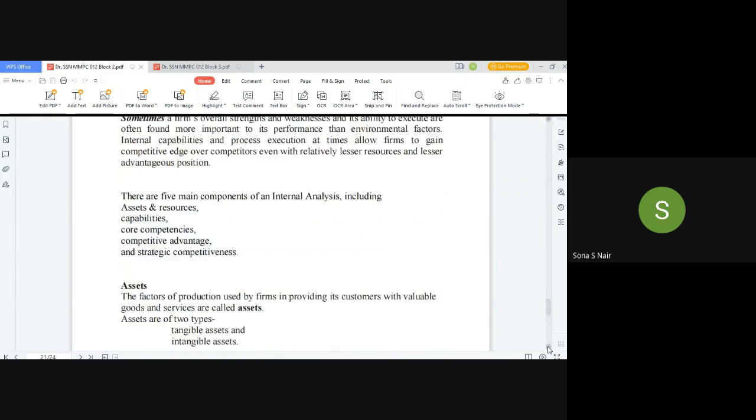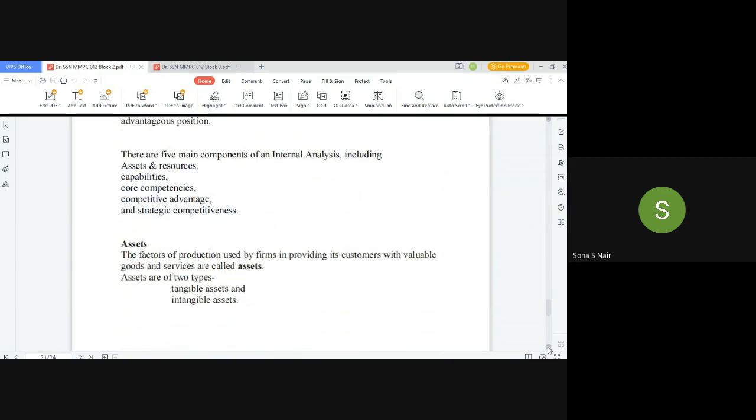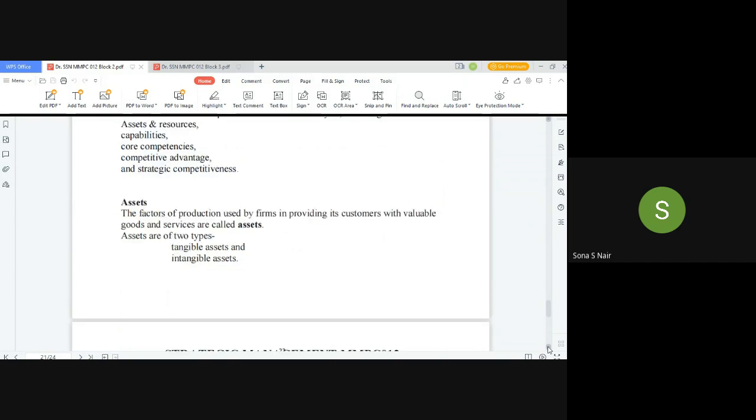What do you mean by assets? All the factors of production, could be capital, people, machinery, whatever. All the factors of production which are used by the firm, they are called assets. And any firm can have two kinds of assets: tangible assets and intangible assets. I think you're very well aware of what are tangible assets and what are intangible assets. So, if we are talking of machinery or any kind of equipment, that is a tangible asset, something which we can see. And if we are talking of the mental abilities of people, the culture of the organization, the competencies of the organization, then it is an intangible asset. Okay.